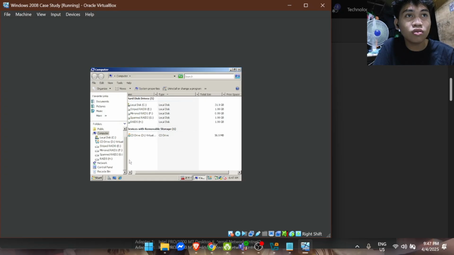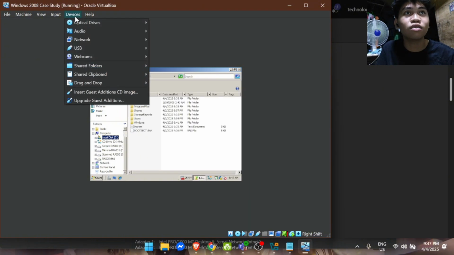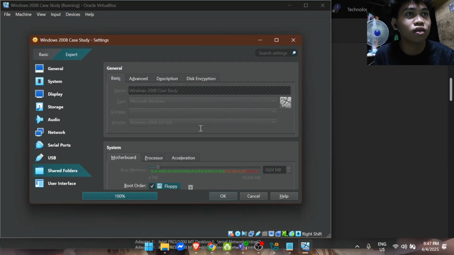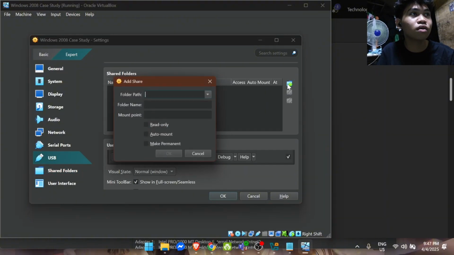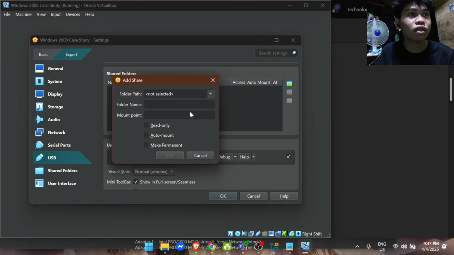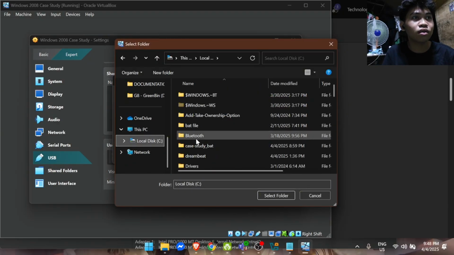So where is this? I cannot find the shared folder. Shared folder, add folder path, other, and attach.